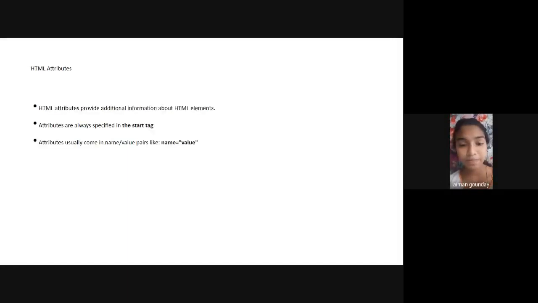Yes, ma'am. Uppercase for the start tag and lowercase for the end tag. What will happen if we use the uppercase for the starting tag and the lowercase for the end tag? Will it still work? Okay, let us see if it is working or not. I will show you directly on the screen.